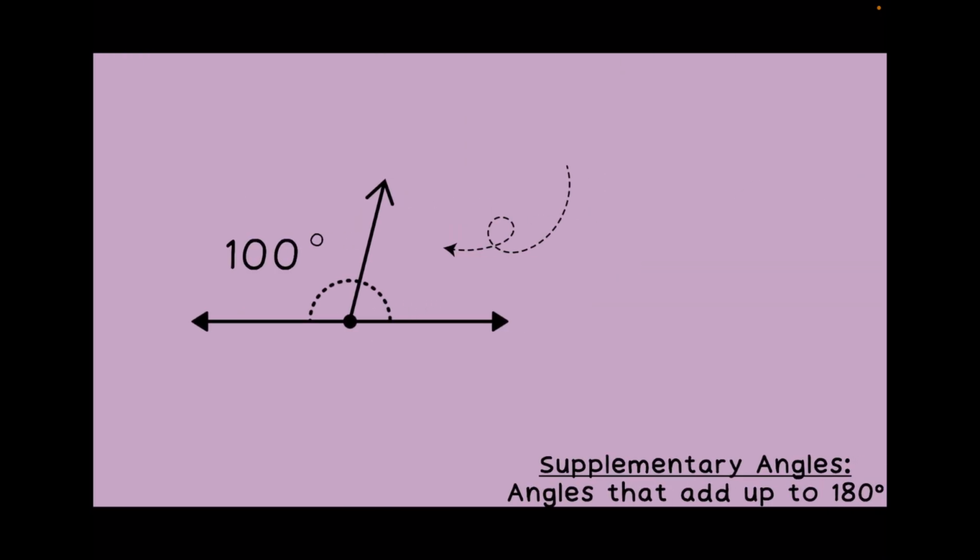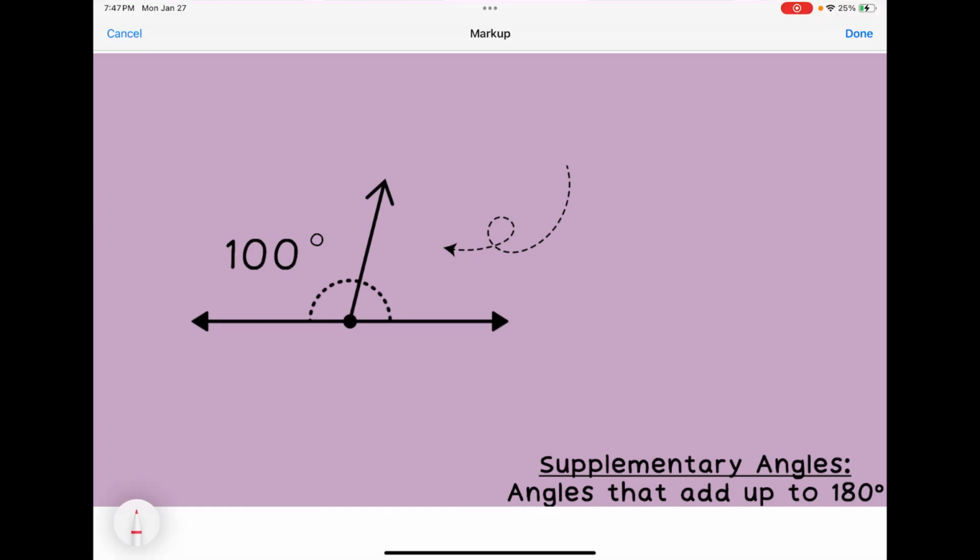These two angles are an example of supplementary angles. This angle and this angle make a perfect straight line, meaning they will add up to equal 180 degrees. I can use a tape diagram to find the missing measurement just like we would in a word problem. My total is 180 degrees because it is a straight angle. And then I can create my tape diagram